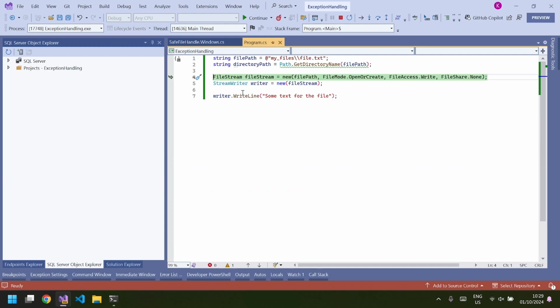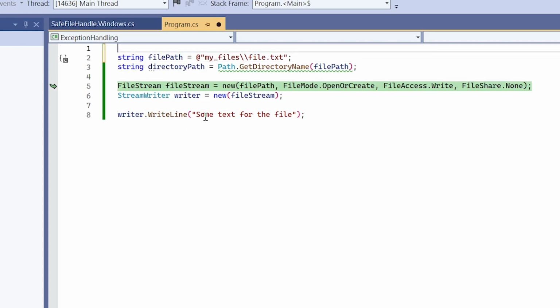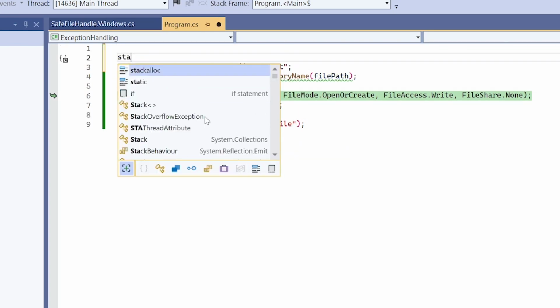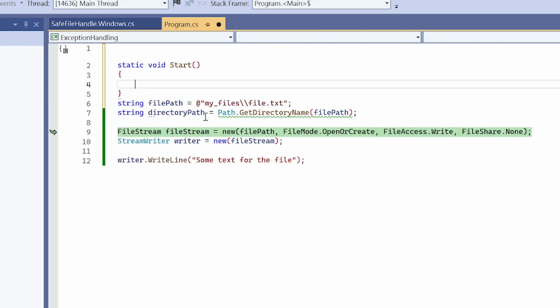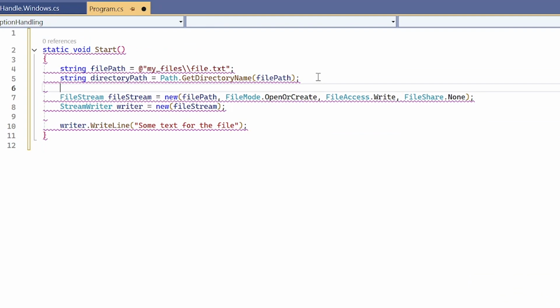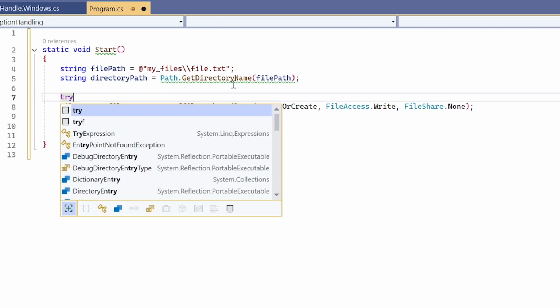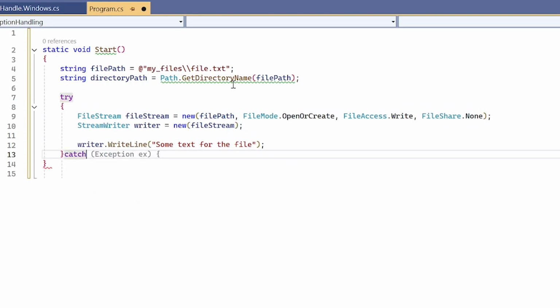Now, this is all cool and all, but we need to handle this exception. I have to change the code from the console application so the error does not occur anymore. So I will be starting by creating a method, and I put everything inside that method except for one thing. I will stop the application. I will be putting a try catch here,